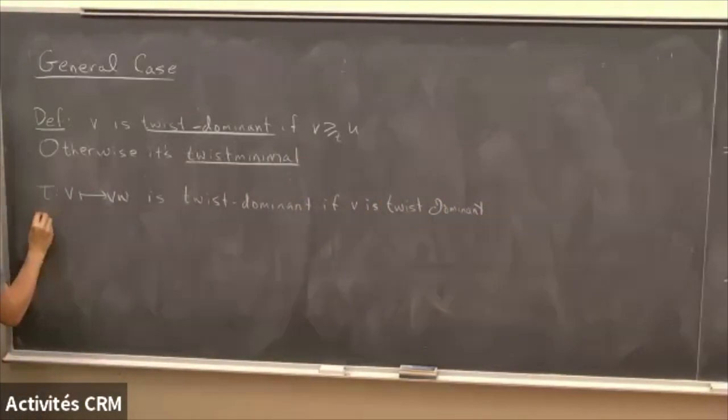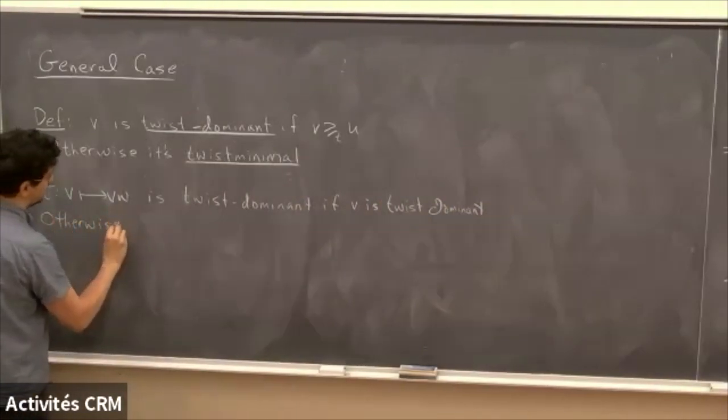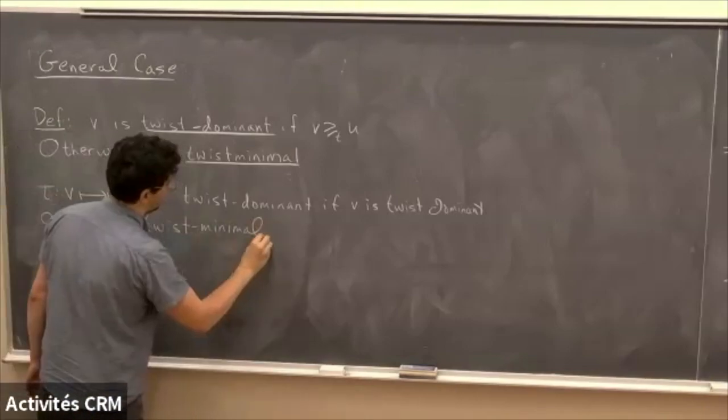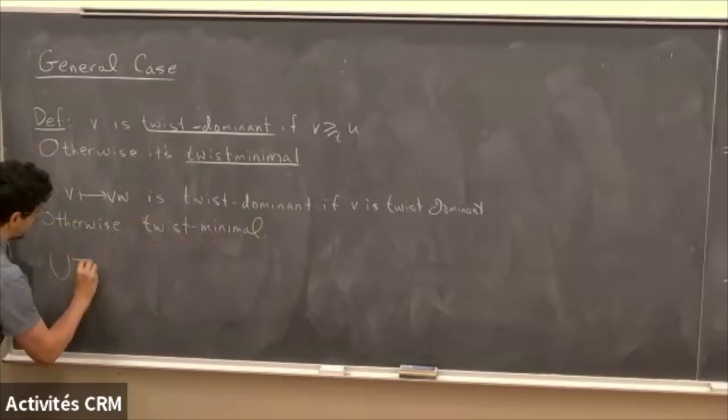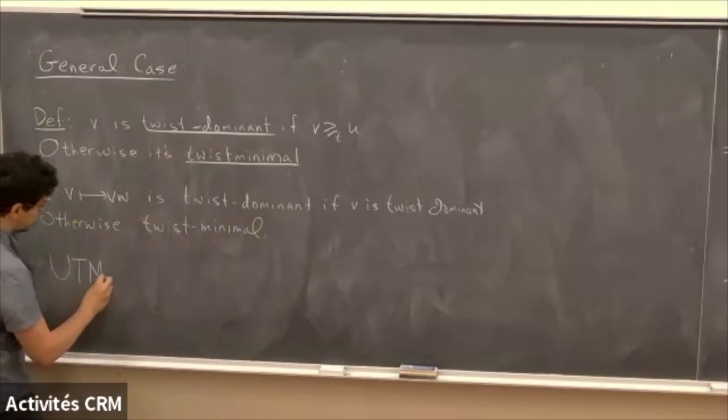And otherwise, we say it's twist minimal. And so there's this distinction between when you're twisting onto something that already can twist onto something else and when you can't. And this is an important distinction, but you can look at the subgroup, which we call UTM,